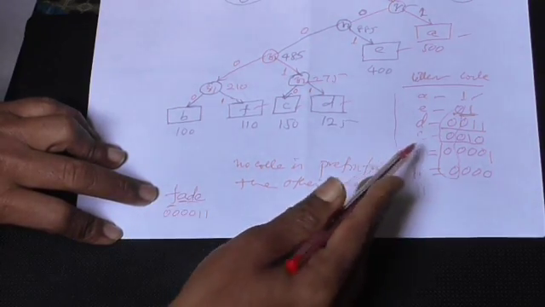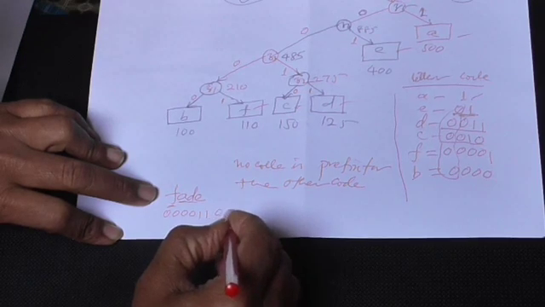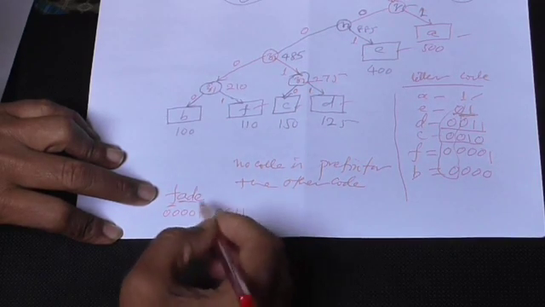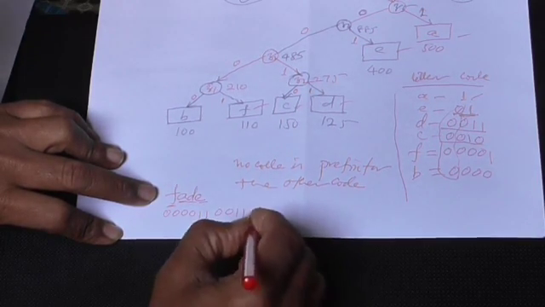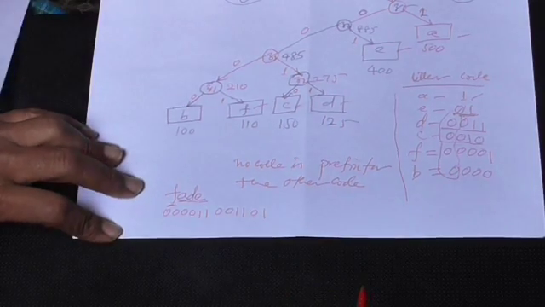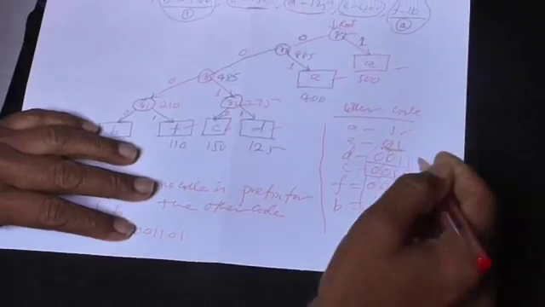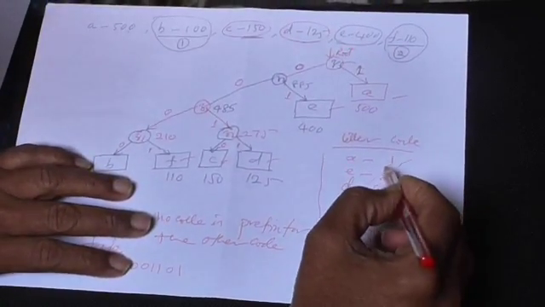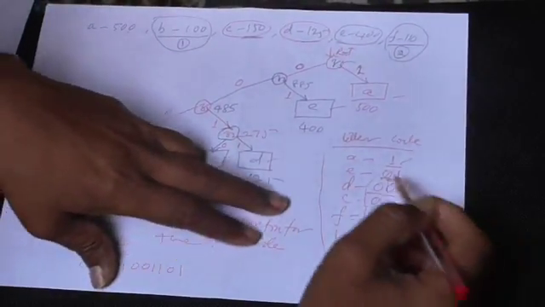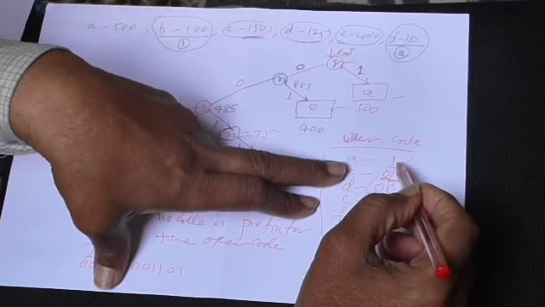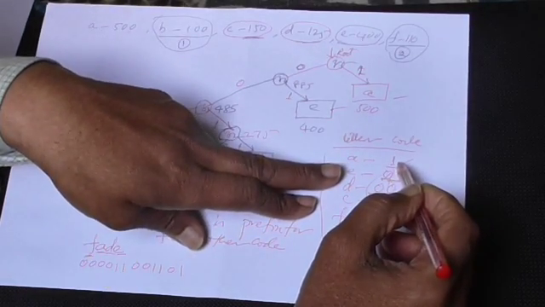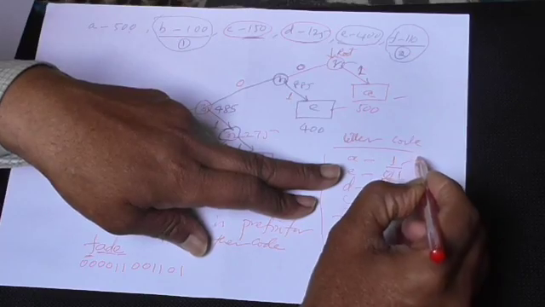For D, the code is 0, 0, 1, 1. For E, the code is 0, 1. If you see the advantage of this, in your ASCII you are sending 8 bits, but here it is now only 1 bit you are sending for A. So there is a saving of